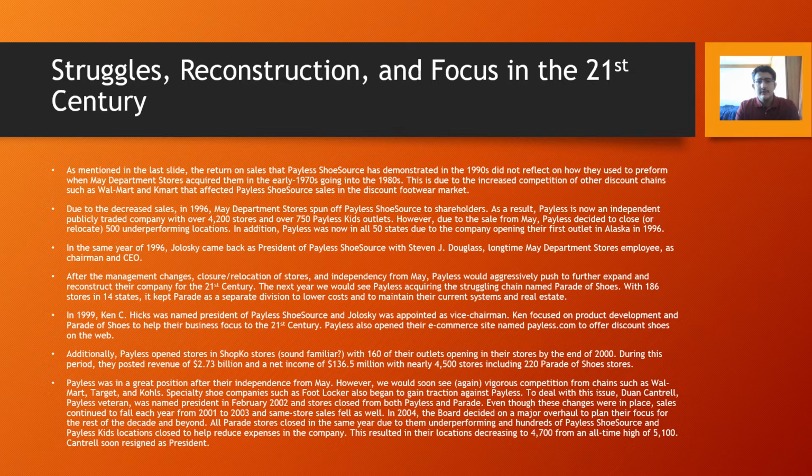This is due to the increased competition of other discount chains such as Walmart and Kmart that affected Payless ShoeSource sales in the discount footwear market. Due to decreased sales in 1996, many department stores spun off Payless ShoeSource to shareholders. As a result, Payless is now an independent, publicly traded company with over 4,200 stores and over 750 Payless Kids